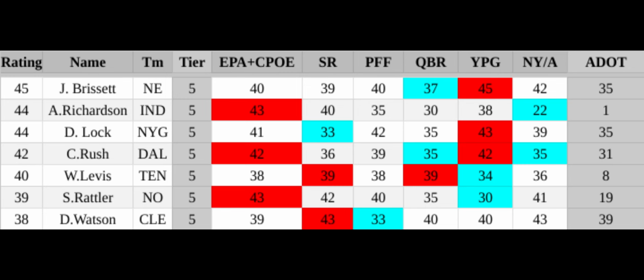He had PFF's 31st ranked pass blocking offensive line. His only option to throw to was Hunter Henry, who was 22nd among tight ends in yards per route run. That's your best guy? A guy that's 22nd for tight ends? Not all players, tight ends alone. Yeah, that's not great.